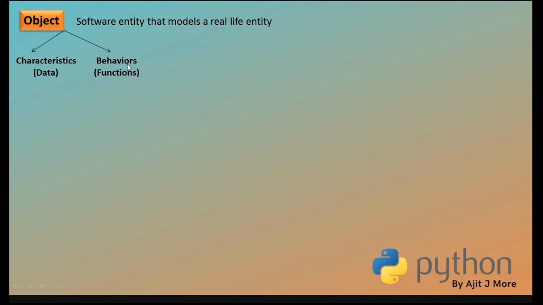These behaviors mean functions, and characteristics mean data. These functions contain logic to access or manipulate this data. Getting it? And this happens in the real world also. Every object in the real world has behavior and characteristics, and the behaviors dominate the characteristics. Do our behaviors manipulate our characteristics?